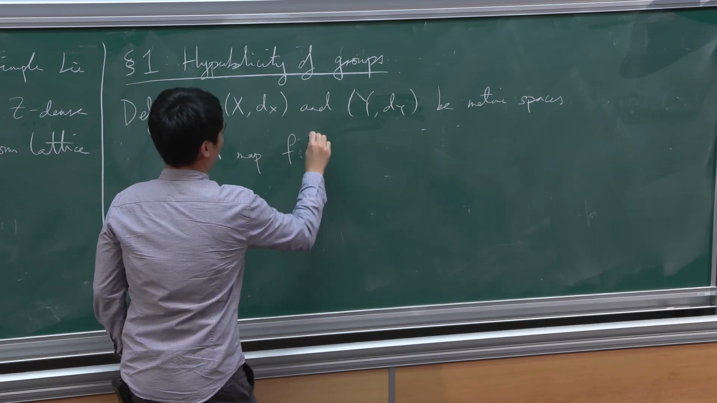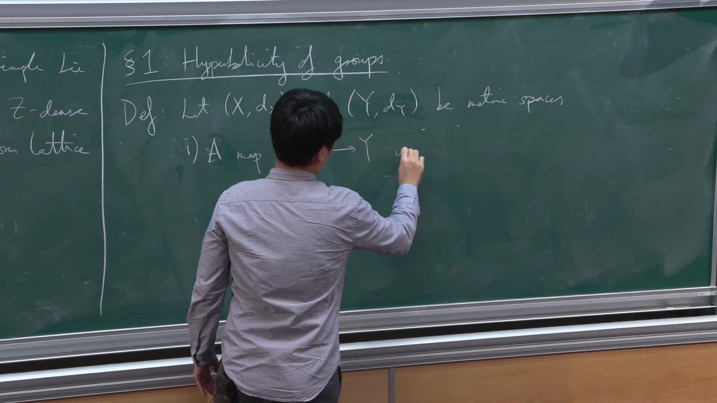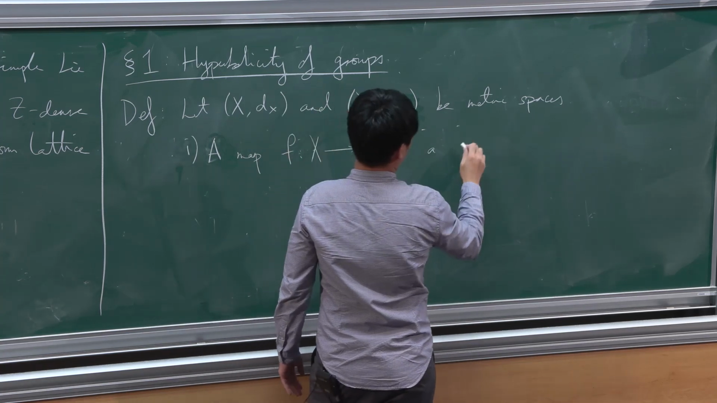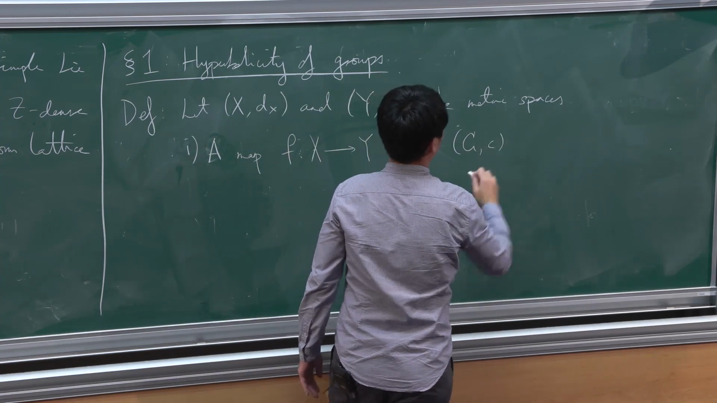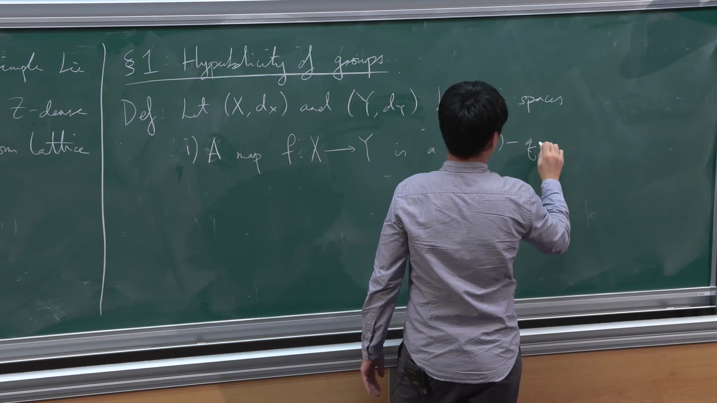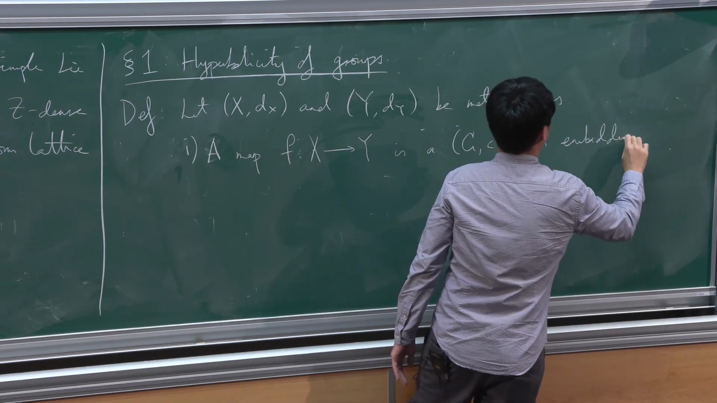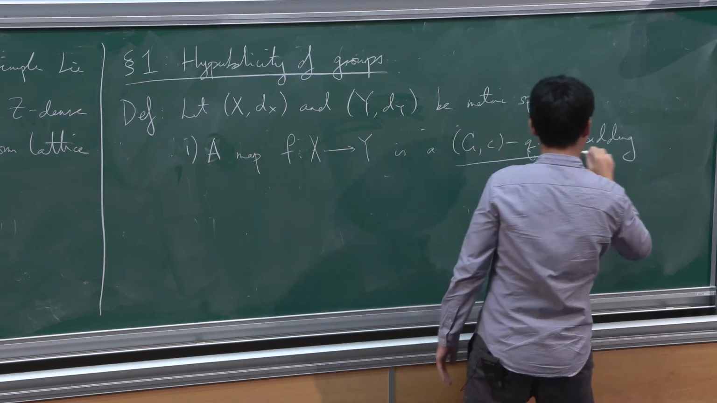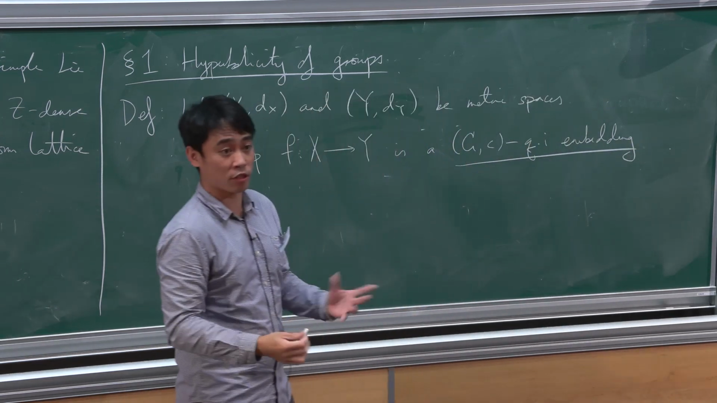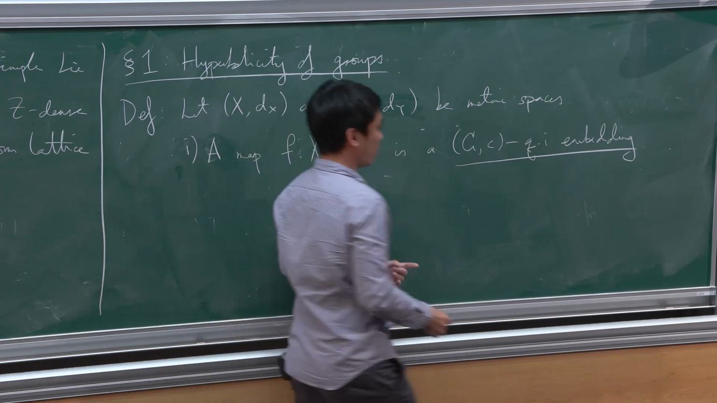f from X to Y is a (C, c)-quasi-isometric embedding. I always abbreviate this as QI embedding. So big C and little c are both positive constants, if